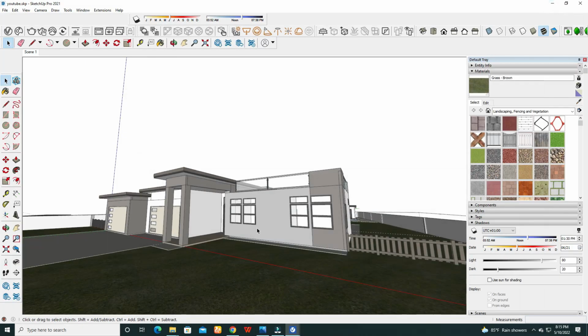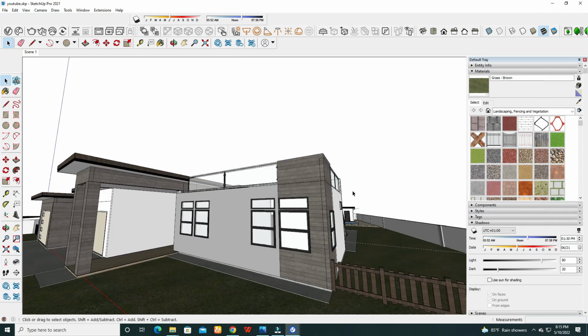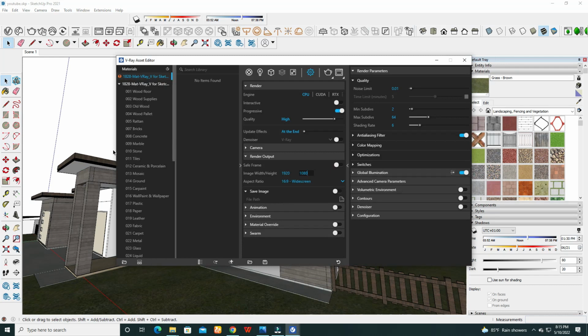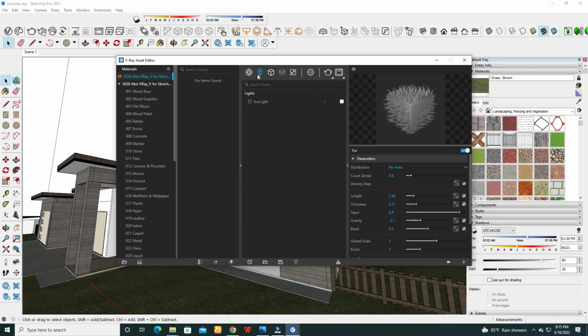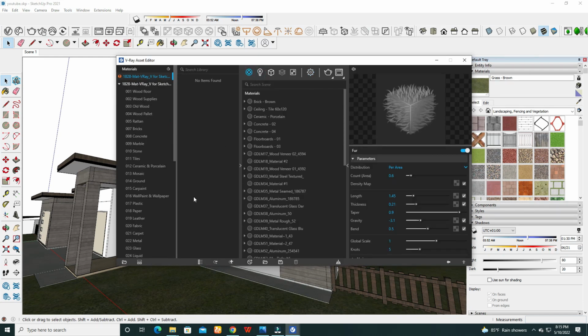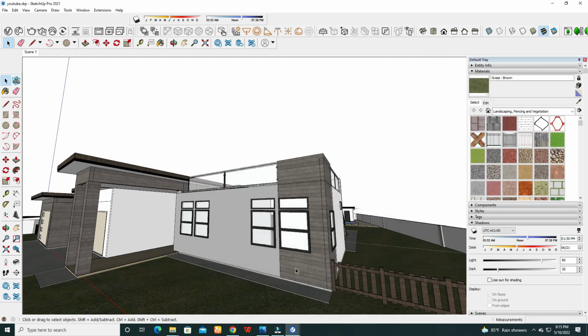The next thing is how to add a material. If you want to change those materials, for example for this area, I'm going to add some V-Ray materials. Now I'm going to show you how to do that. Go here, and I have a V-Ray material set in this tab. After you click here on materials and this one, next we select the face that we want to